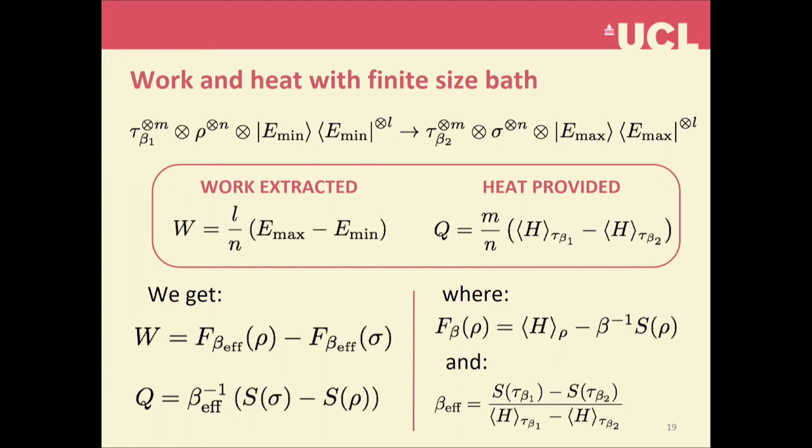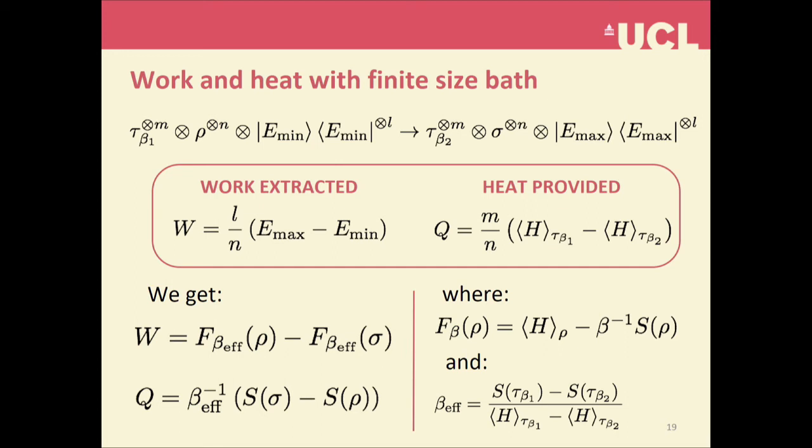Heat will be the energy changing inside my thermal reservoir, again divided by the number of copies of the main system. If we use asymptotic equivalence, and therefore we ask that the initial and final state of the overall system have the same entropy and same energy, I can evaluate work and heat,